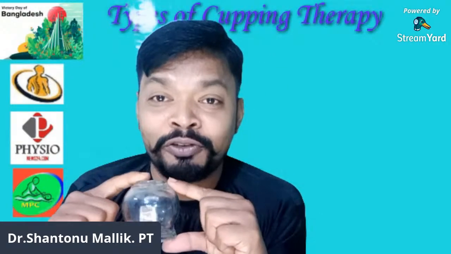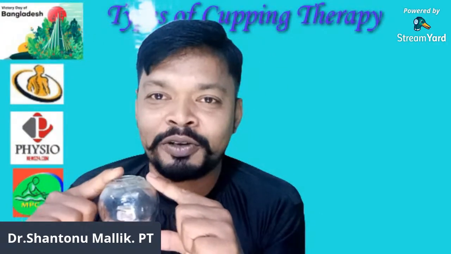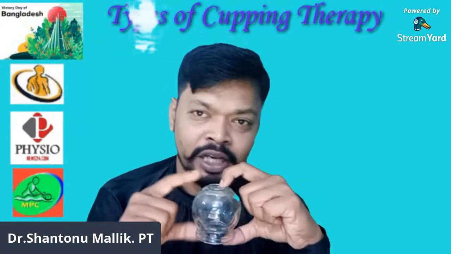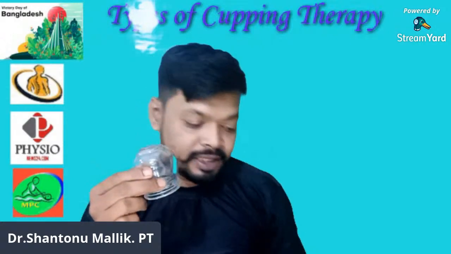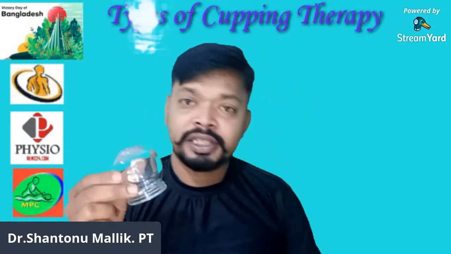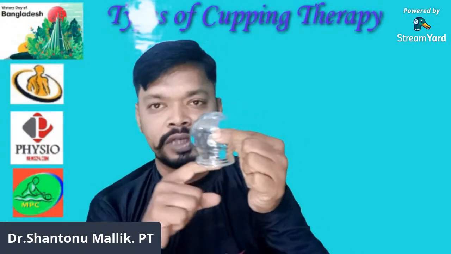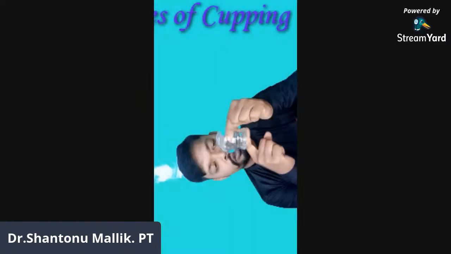It's the beauty of nature, or the beauty of God, because this dome shape can create some changes. This dome shape is not a full circle, it's a half circle. With this half circle, we are creating negative pressure. So this negative pressure also,